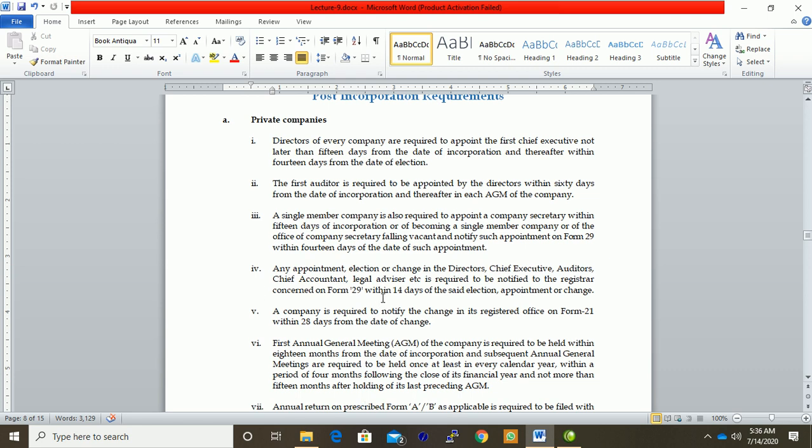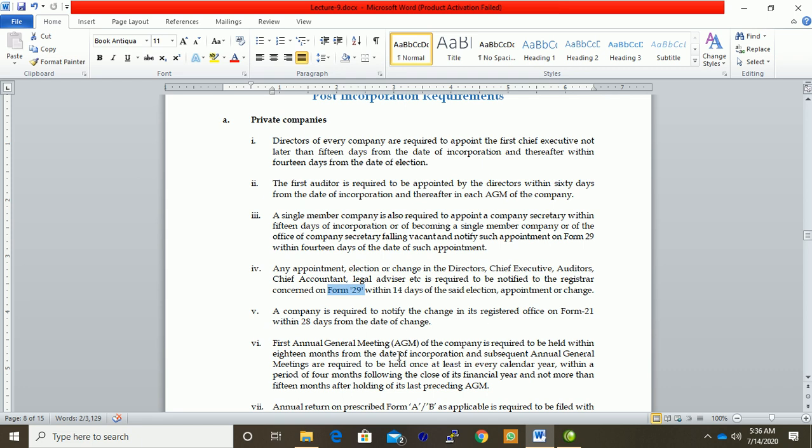Any appointment, election or change in the director, auditor or chief executive requires Form number 29. A company is required to notify changes in the registered office on Form 21. For example, if they wish to change anything with the board of directors, it must be done within 28 days on Form 28.